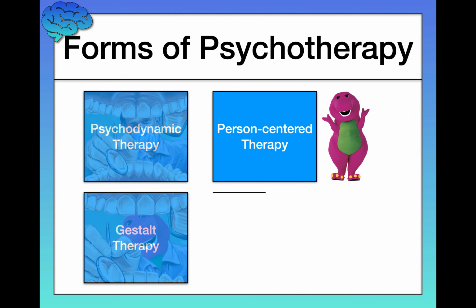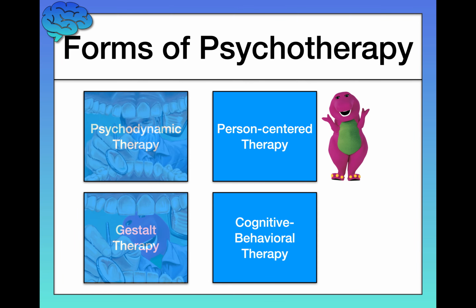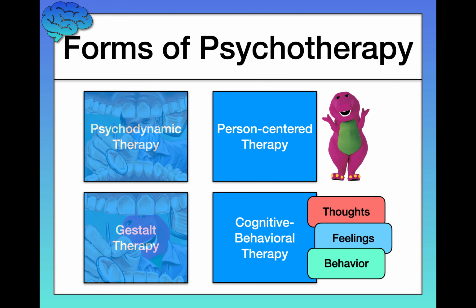Cognitive behavioral therapy is the last form of therapy we'll discuss here. This is CBT, cognitive behavioral therapy, and it assumes that our beliefs about a situation play a crucial role in determining our feelings about it, which in turn determine how we respond to that situation. So this connection between thoughts, feelings, and behavior. CBT relies on learning principles to change the way we think, that's the cognitive aspect, and therefore how we act,